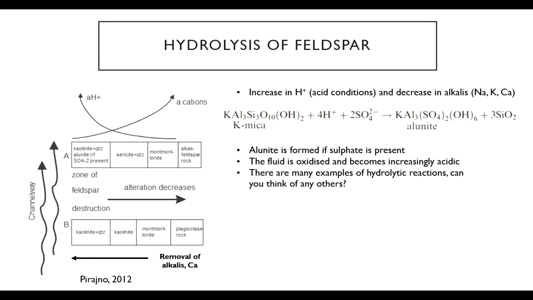This is going into more details about these sort of reactions, and the extent of how much potential removal of alkalis and calcium you have. You move from something to different clay minerals, in this case, montmorillonite, kaolinite, and quartz, or the extent of alteration. So you go from something with plagioclases to something with sericite and quartz, to something with kaolinite, alunite, and